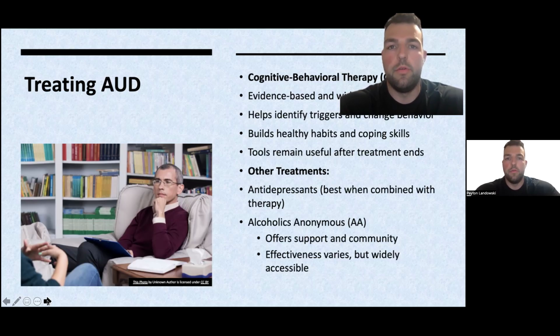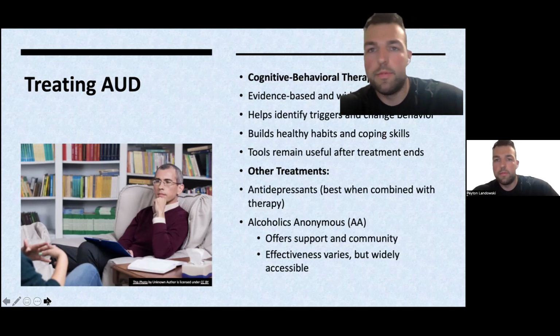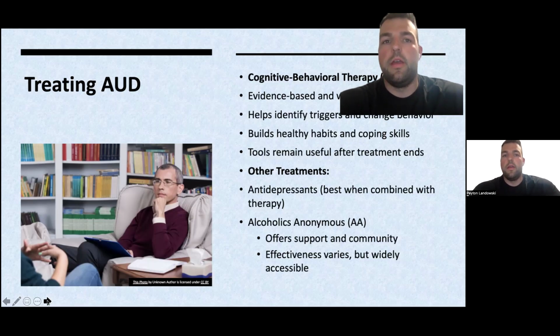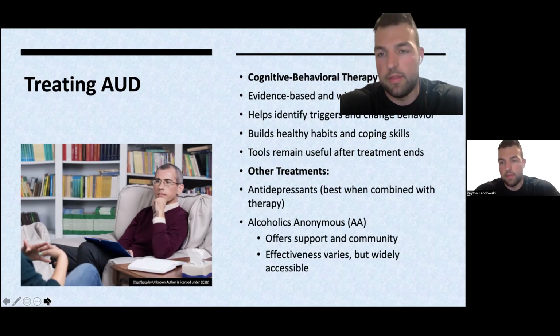Another common treatment for alcohol abuse disorder is antidepressant medication, which can reduce anxiety and depression. However, the effect of this treatment has not been consistently supported without the use of psychotherapy. Another well-known treatment for those dealing with alcohol-related problems is Alcoholics Anonymous. This organization allows people to gain moral and social support, which can help change their perspective towards themselves. While this is a popular treatment for alcohol use disorder, its effectiveness has some mixed reviews. Although people tend to relapse, it still offers an accessible path for treatment.